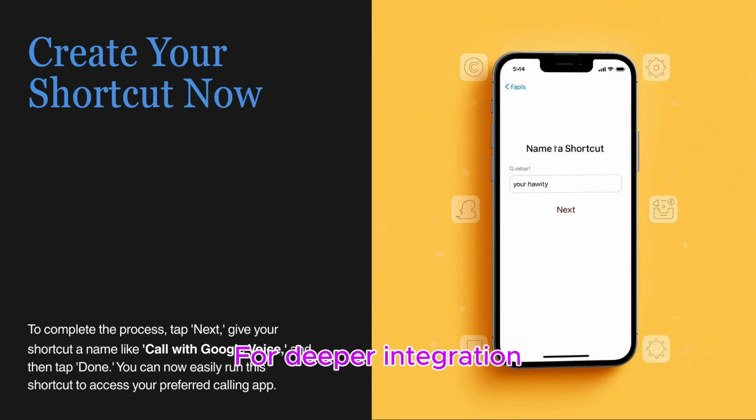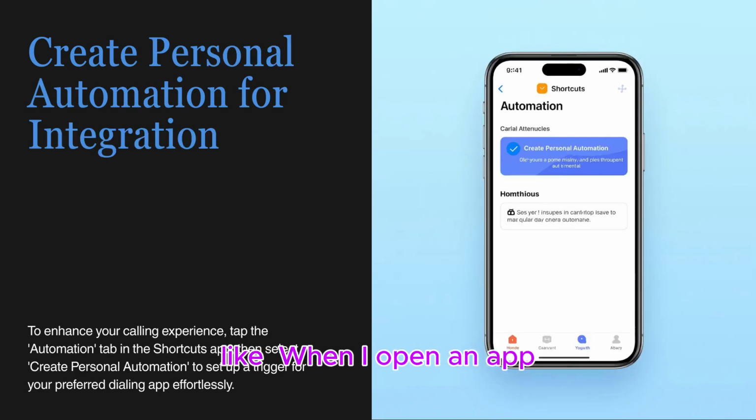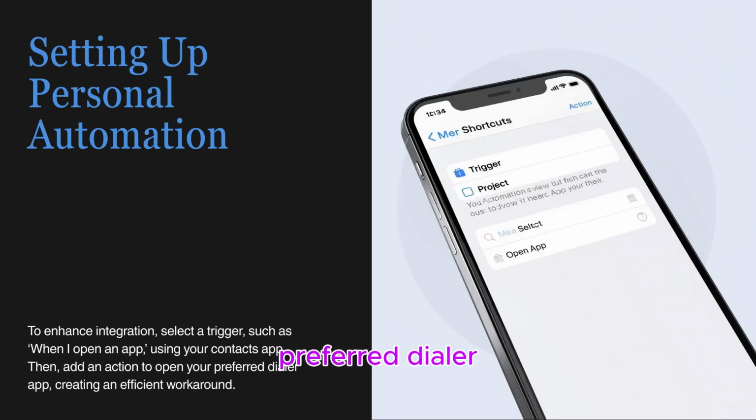For deeper integration, you can create a personal automation. In Shortcuts, tap the Automation tab, then Create Personal Automation. Choose a trigger, like when I open an app, selecting your Contacts app, add an action to open app and select your preferred dialer. This provides a workaround, but note that tapping a phone number in Safari or Messages will